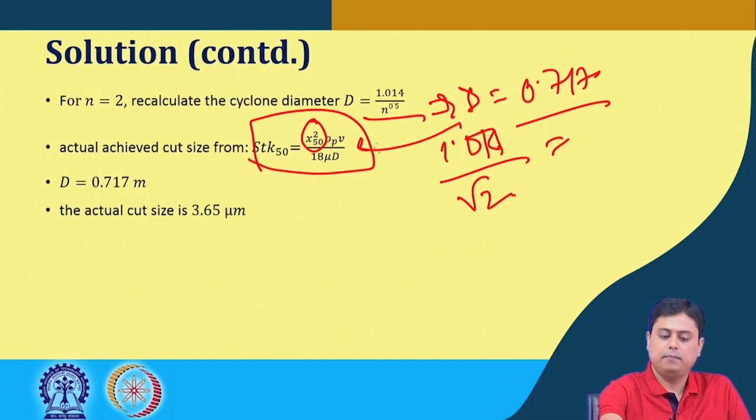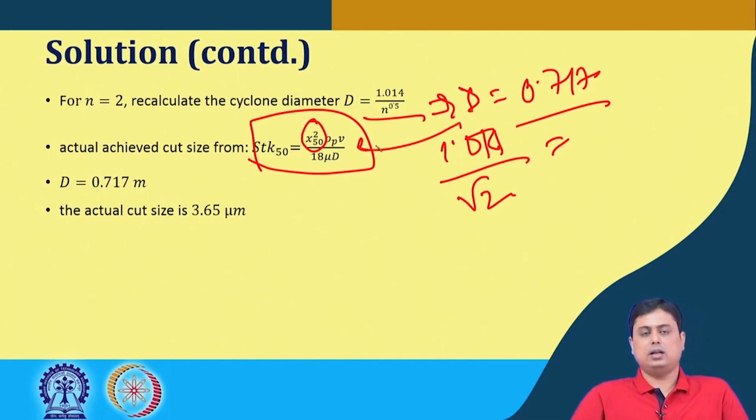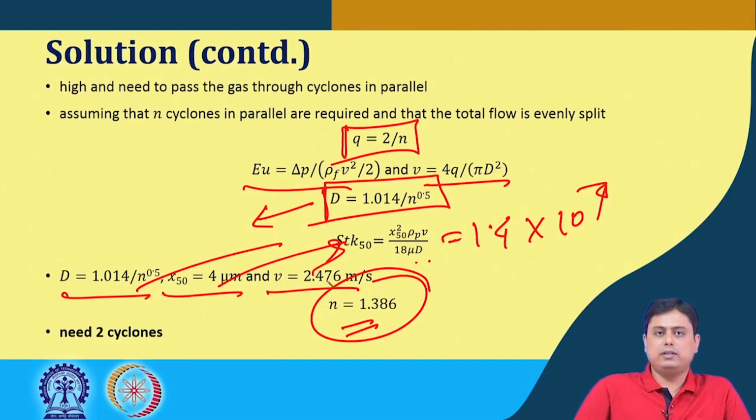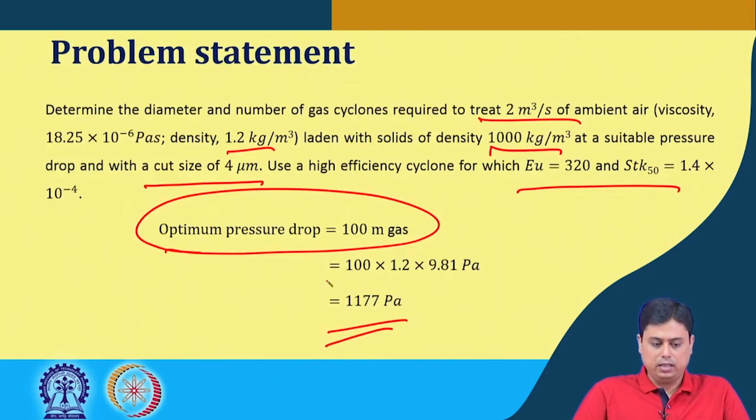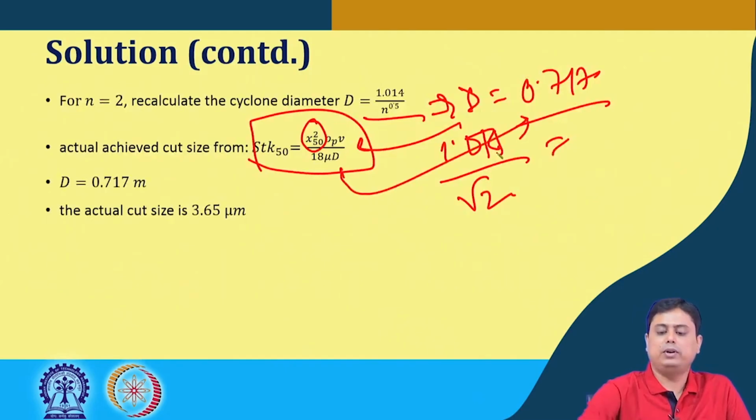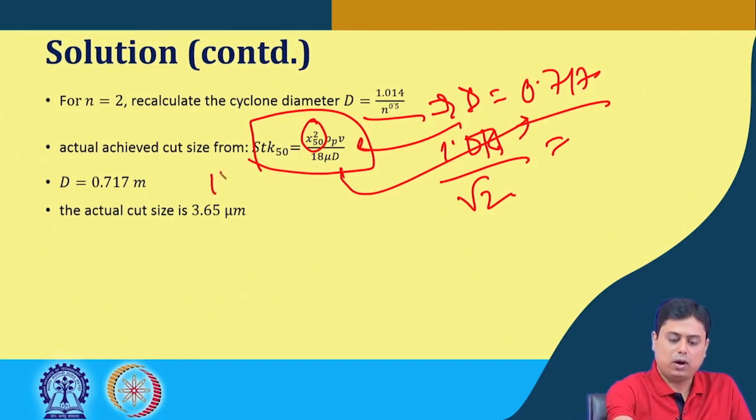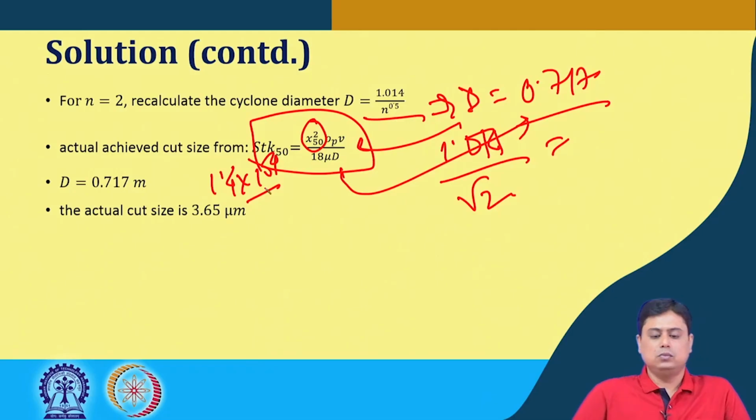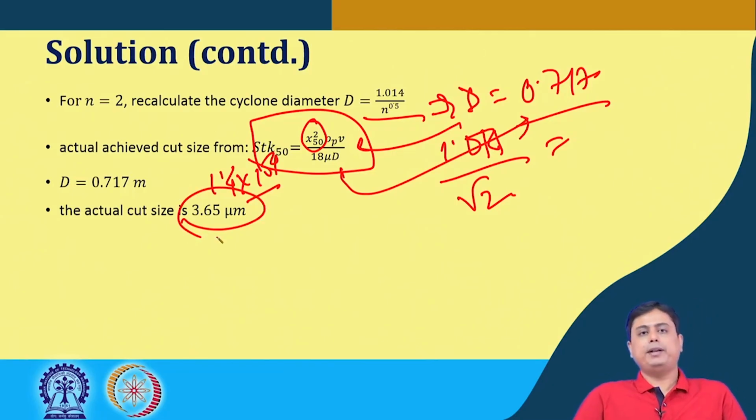Using this d in the Stokes number, rho p is 100 kg per meter cube, v is the value that we have calculated as 2.476, mu is 18.25 multiplied by 10 to the power minus 6, and d is what we have calculated, that is 0.717, and the Stokes number is 1.4 into 10 to the power minus 4. We use this to find x50, and we see that the x50 value is 3.65 micron,